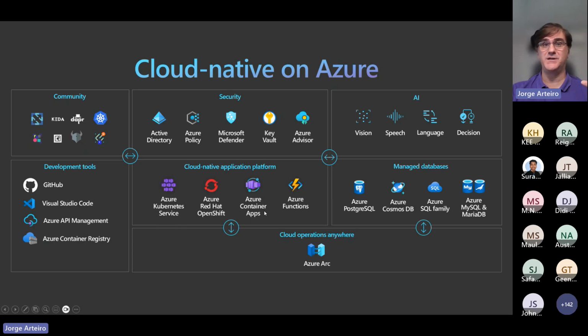I recommend you start with Azure Container Apps or Azure Container Instance, like I was showing before, or even Azure Functions if you want to go for serverless. But even for Azure Functions, we are using containers to run them, which means that containers and Kubernetes are the foundation of all the clouds now. Even the products that you can see here from Azure for security, for AI, for database, most of those products are running on top of Kubernetes, on top of some virtualization, some kind of container technology. Okay.